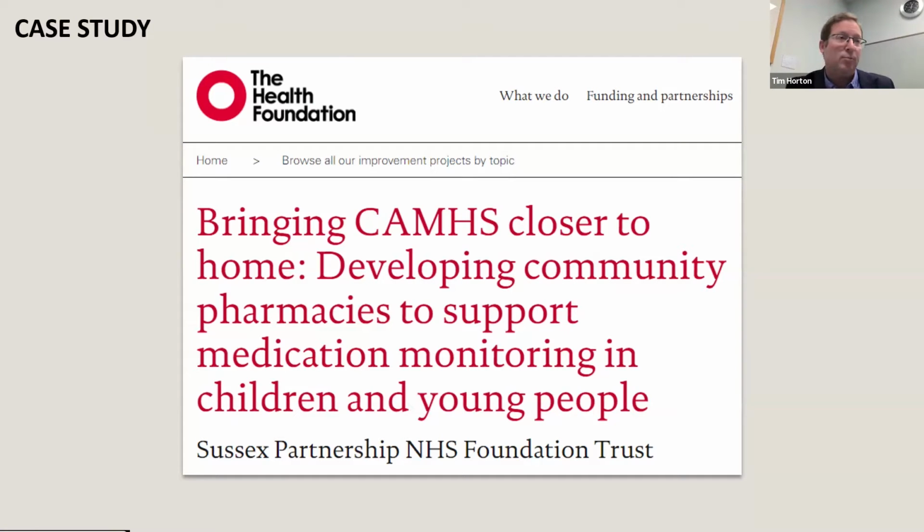So children and young people who are prescribed medication for ADHD need regular physical monitoring. And this has traditionally been performed in specialist CAMHS clinics, but that's not always convenient for families. And CAMHS teams around the country are struggling with staff shortages. A few years ago, the Health Foundation worked with Sussex Partnership NHS Trust to train local community pharmacy staff to provide that physical monitoring, hoping to provide both a more convenient service for patients and to free up time and